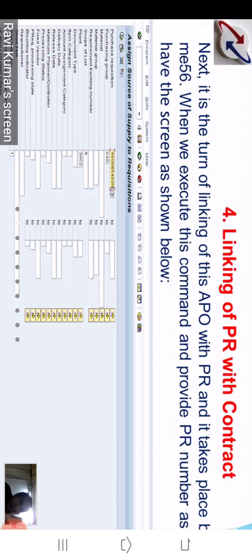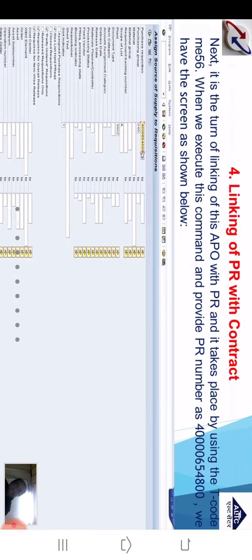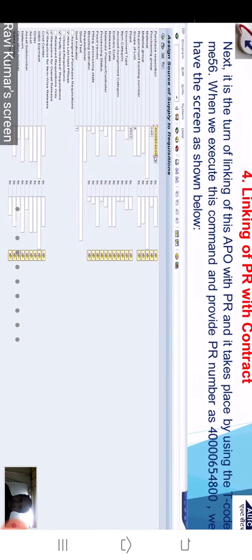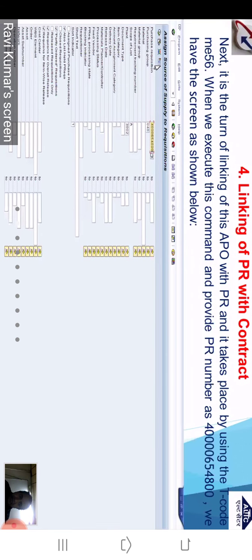You have your PR, and the PR is to be linked to APU. In this window, I have my PR. In the next window, it is actually the APU or contract. I will select this and assign manually. When I tick this small box and click on assign manually, we have the next window as below.